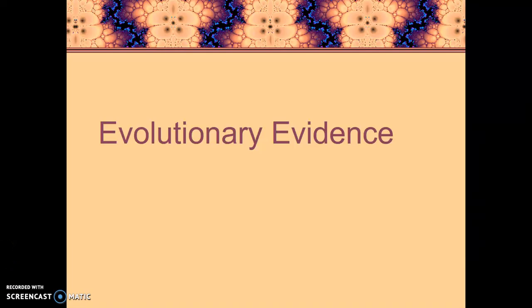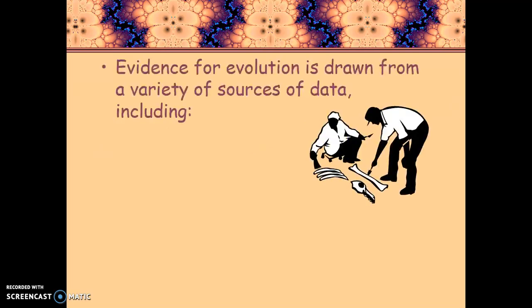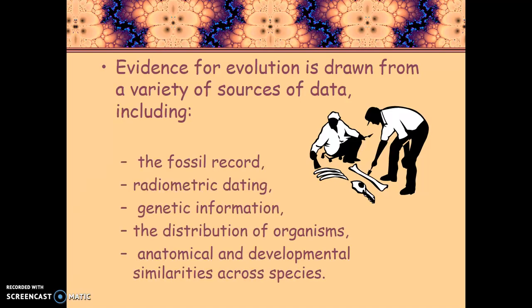Now that you know about Darwin and his theory of evolution, and you've had some practice with seeing how natural selection can change a population over time and eventually lead to evolution, let's look at the evidence that scientists use for evolution. We're going to draw from a variety of sources, including the fossil record, and right along with that,